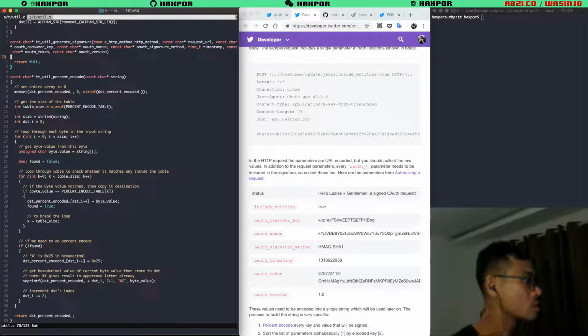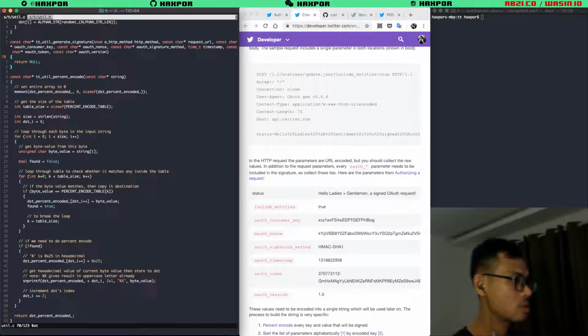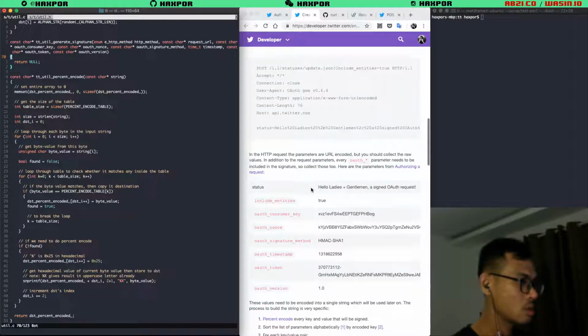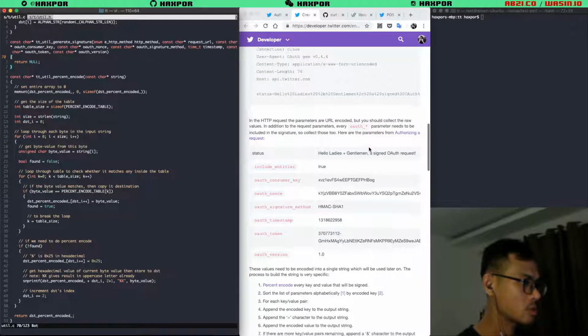So this is it, the generate signature. Everything automatically includes some control code too, here the parameters for authorizing first.